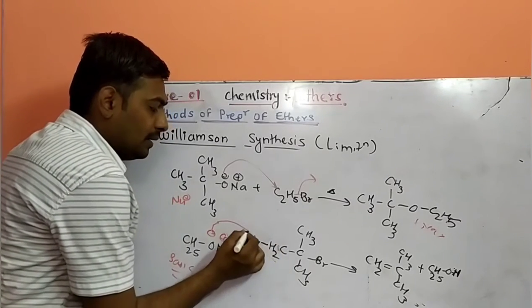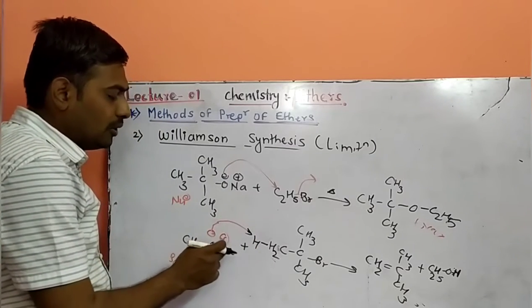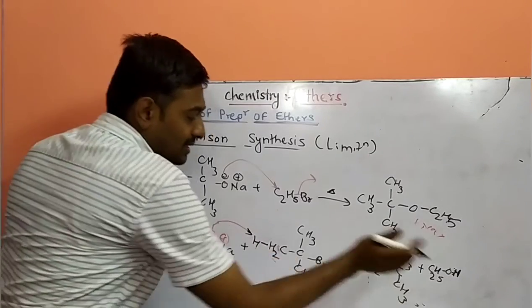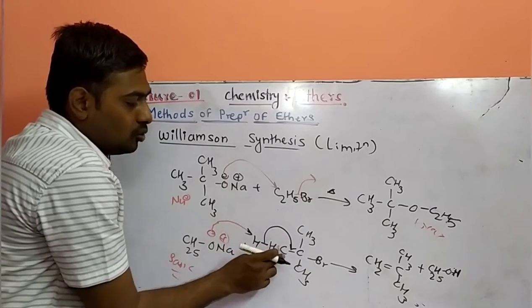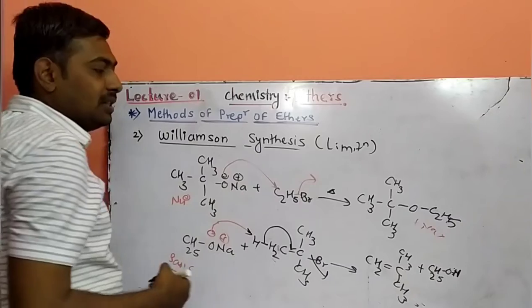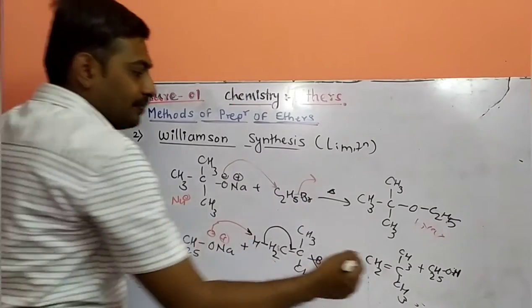You will get the result of the basic nature of this molecule. C2H5ONa will abstract this hydrogen to form C2H5OH as a byproduct, and this hydrogen will shift here. So we will get a CH2 double bond. The remaining molecule is the same. Br will depart in this step. So NaBr is a byproduct in this reaction.